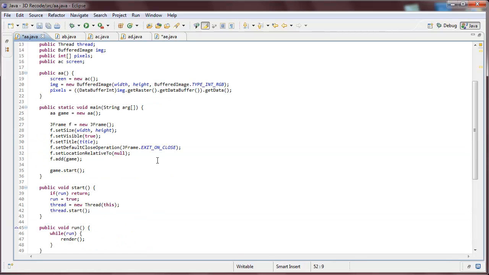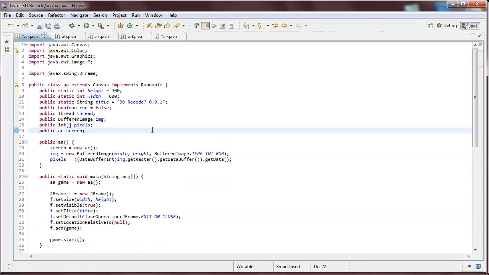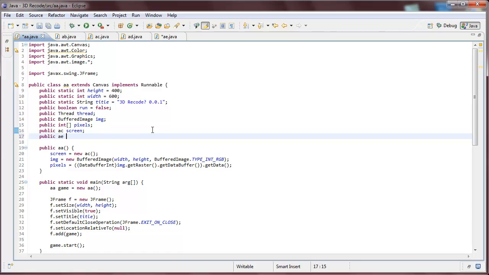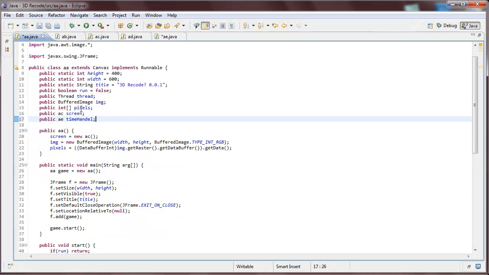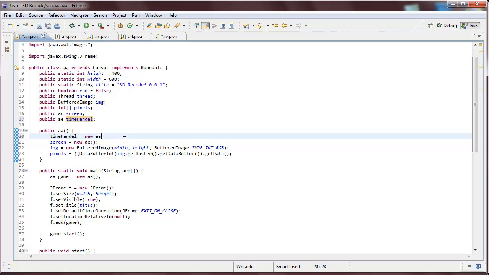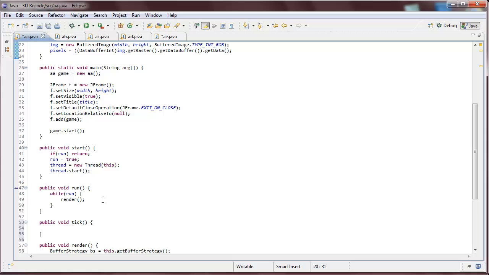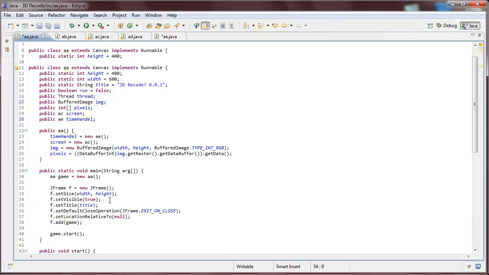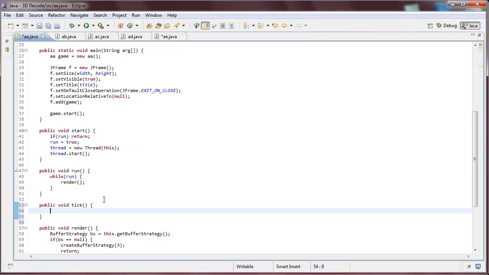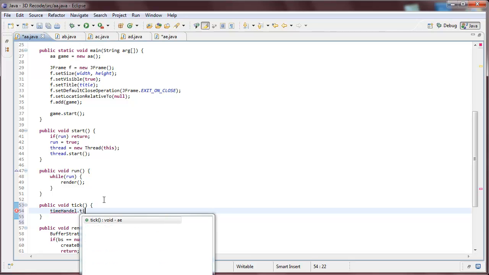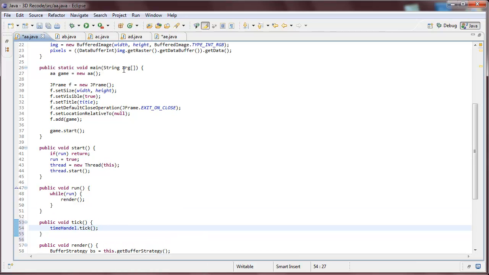I think we can solve it. So we're going to do public AE, and it's going to be called time handle, or something like that. It's going to handle time, and time handle equals new AE. Basically, that's it. So down in the tick, we're going to do time handle dot tick,